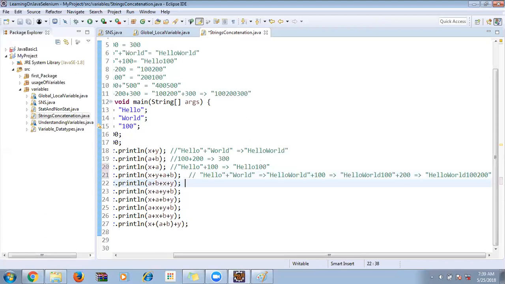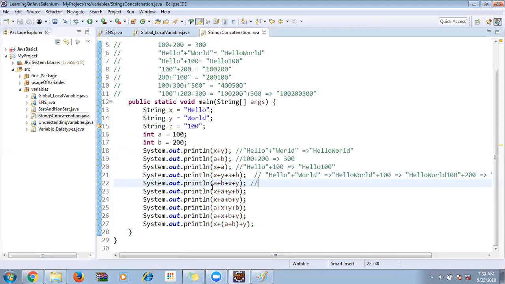Hello world 100 200 here. Clear? Then a plus b plus x plus y. So a value is 100, b value is 200, x is hello, y is world. So first, what is 100